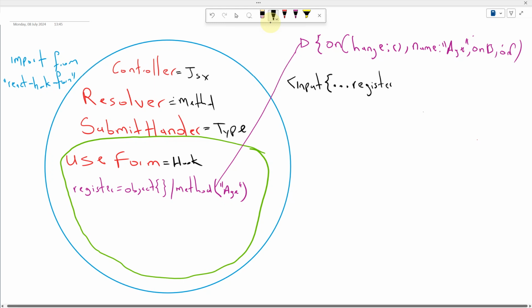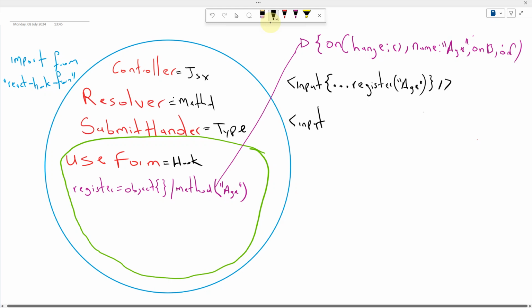So register, and then with this register we need to tell React Hook Form the name of this input. This name is age. This age will be taken in this method and it will be substituted inside this object that is provided by this register as a return value, and from then it's going to be substituted here. So if we have an input like this, after this has been executed, check here what we will have. We will have the same input,